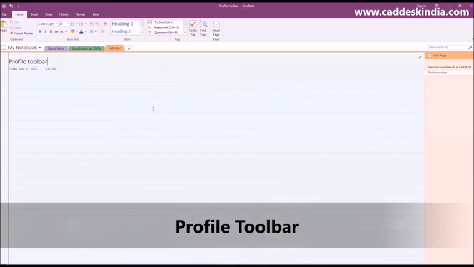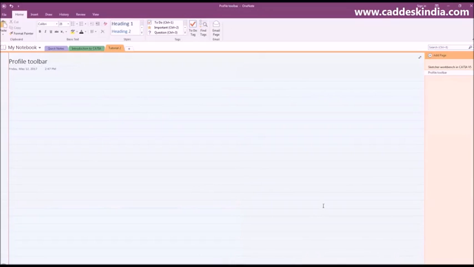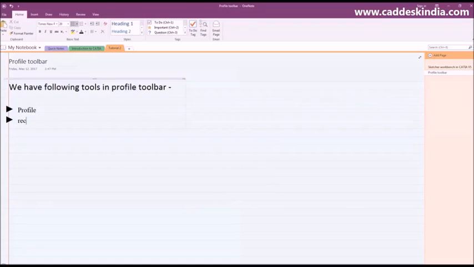Here we'll be having some commands on this profile toolbar, which are the following. First command is profile, second is rectangle,